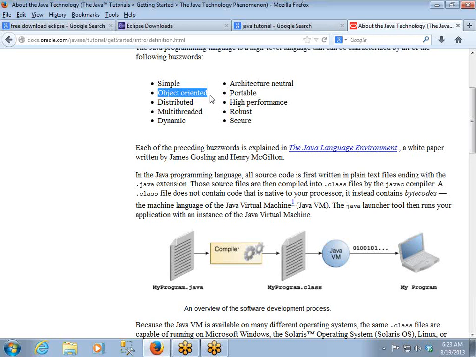How we do tasks in our regular life, this approach describes all those regular life activities, right? This approach majorly focuses on objects. Everything which physically exists or which conceptually exists can be said to be an object. We'll try to see what an object is and what object-oriented programming is.